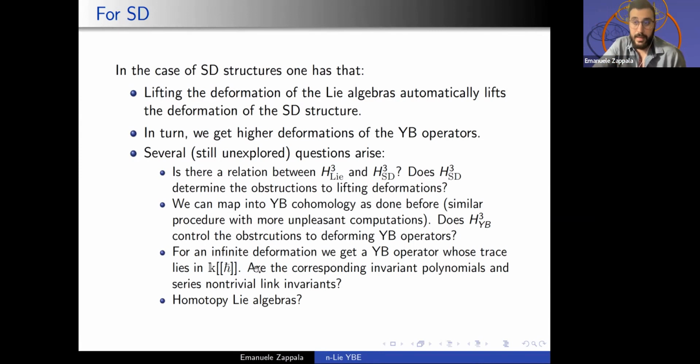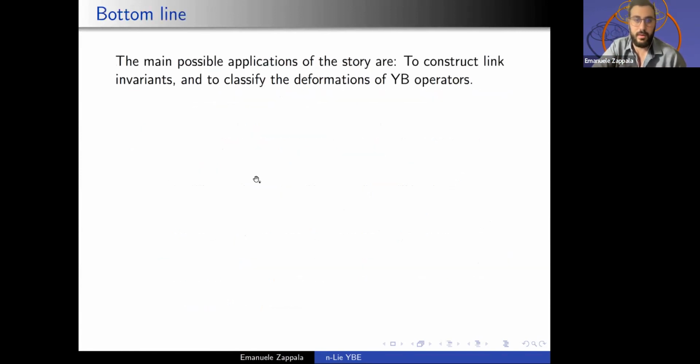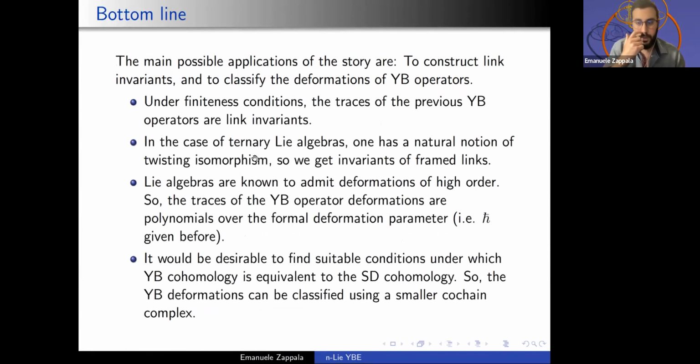Can you do it with homotopy Lie algebras? Homotopy Lie algebras have all the n-ary operations put together in a compatible way. Instead of choosing one n-ary operation and doing this, can you do it with all of them simultaneously? Can you get an operad that controls the deformation theory of the Yang-Baxter operator and construct the corresponding link invariants? Would it be trivial? So there are nice questions. The bottom line, of course, is answering this question and saying whether this theory is only an algebraic theory, or whether it also has implications in knot theory and produces non-trivial invariants.